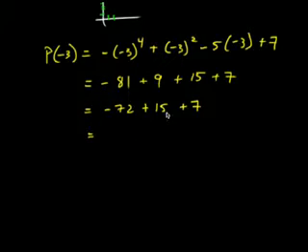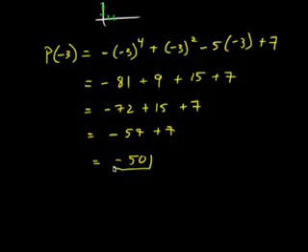And negative 72 plus 15, so that's the same as 72 minus 15, taking the sign of the more influential. So 72 minus 10 would be 62, minus 5 is what, 57? And negative 57 plus 7, once again I'm taking the difference, and then the sign of the more influential. 57 minus 7 is 50. So I find out that p of negative 3